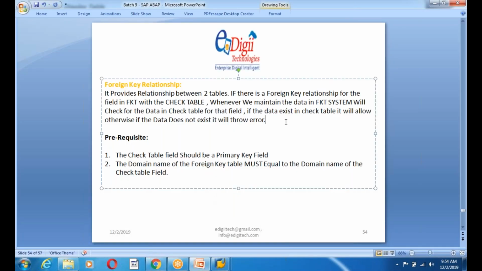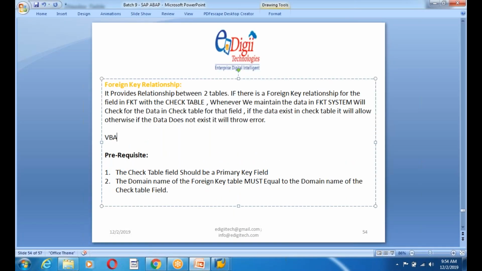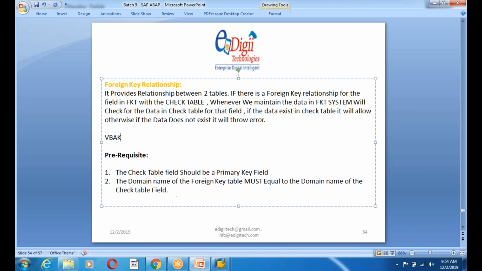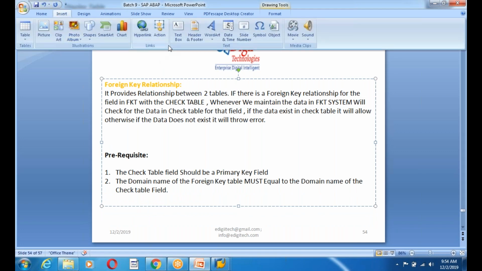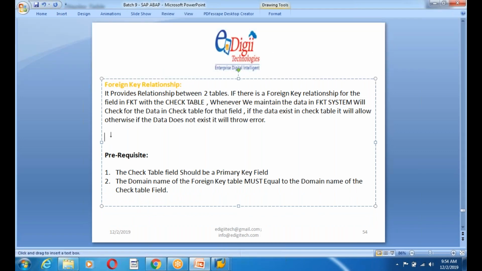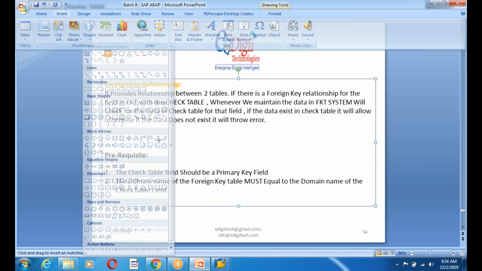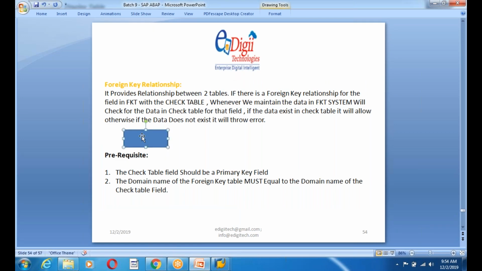Here I have a VBAK table, which is a foreign key table.